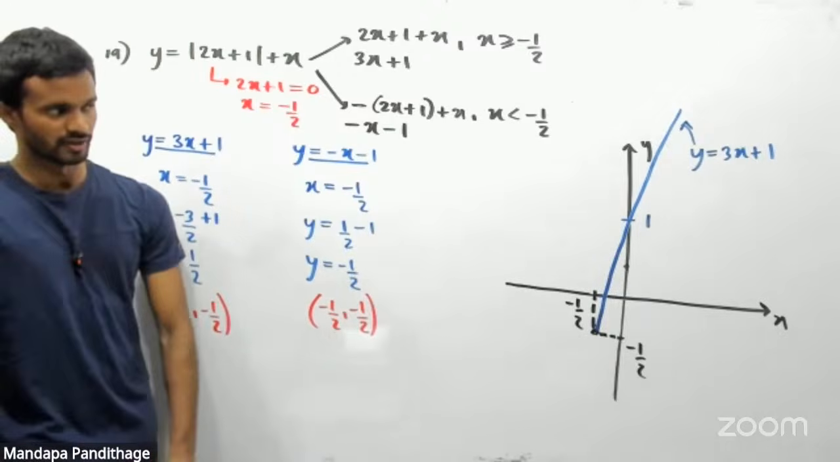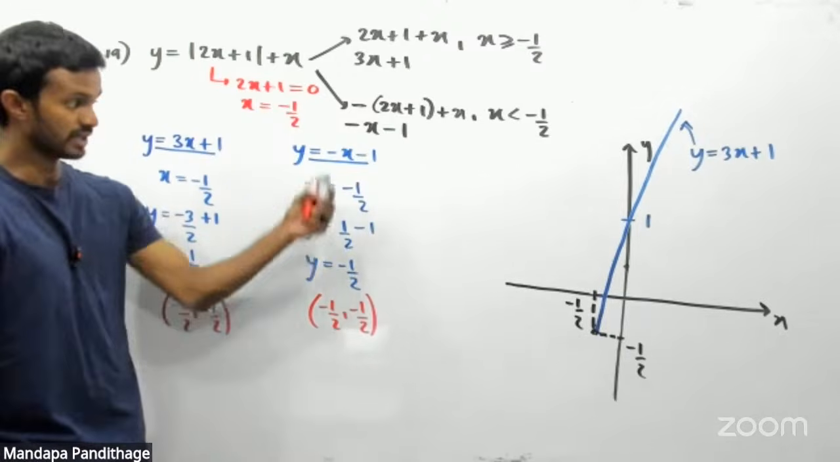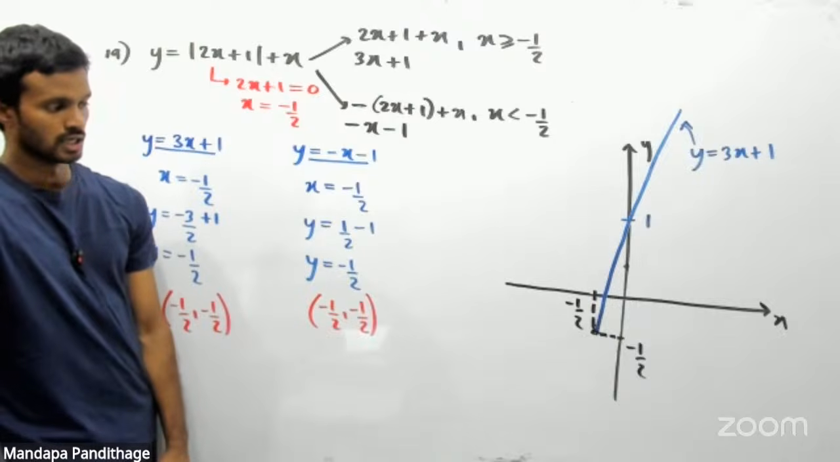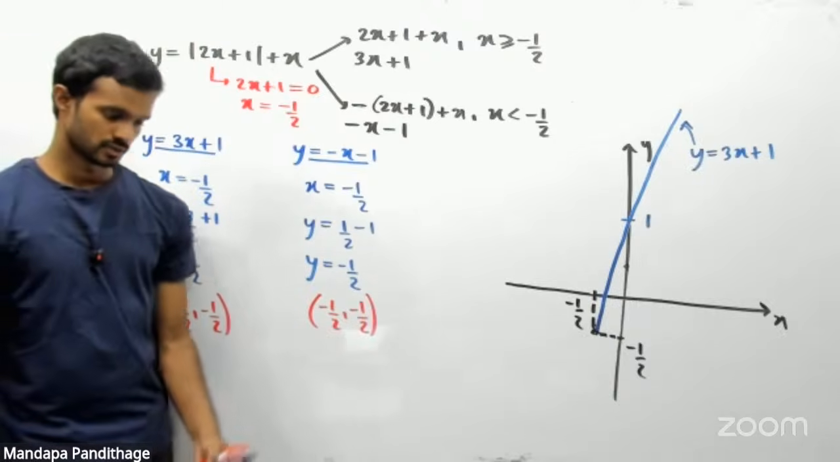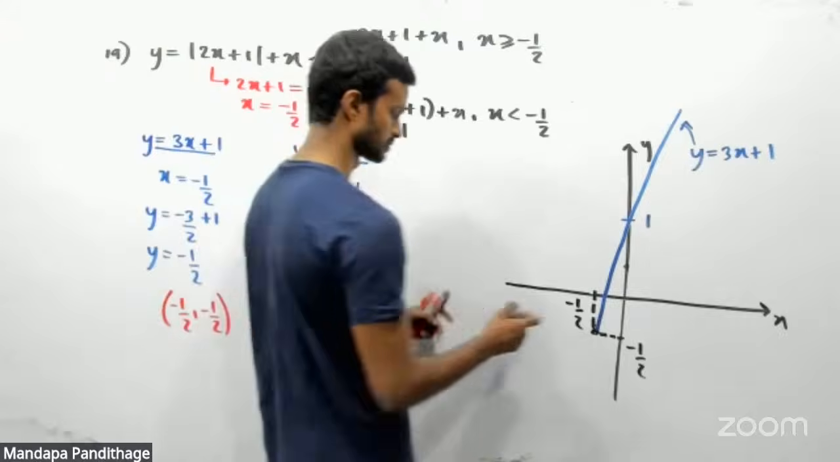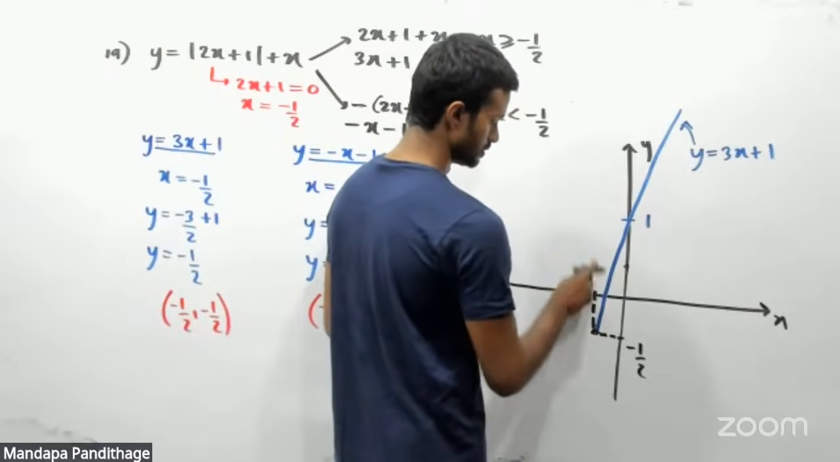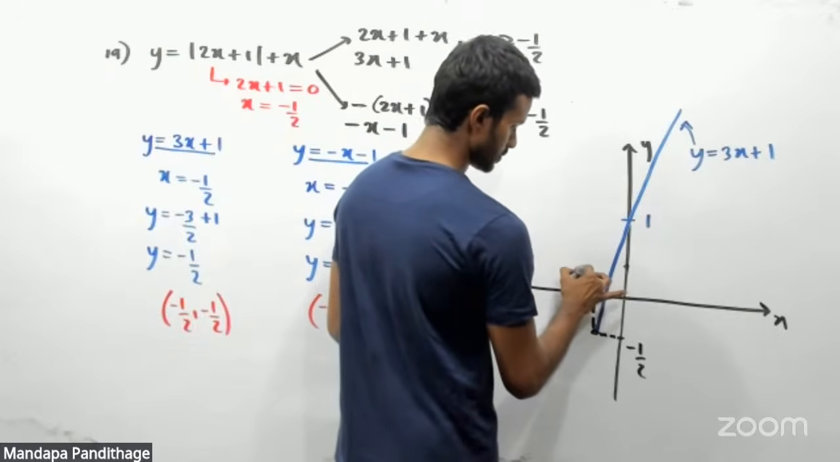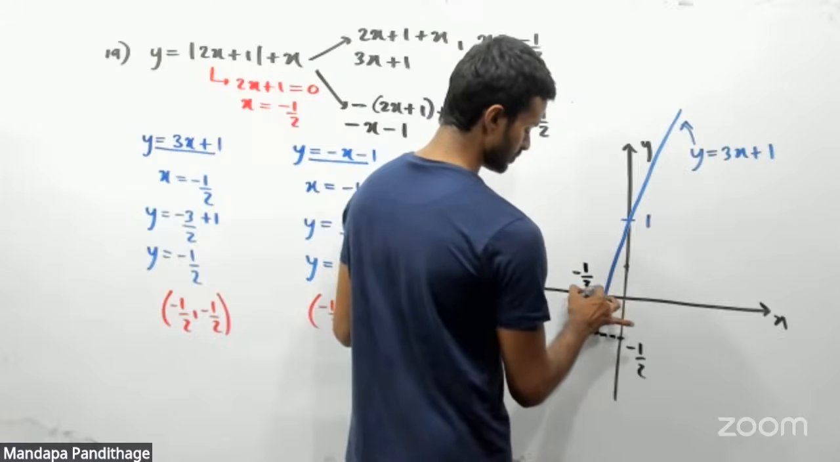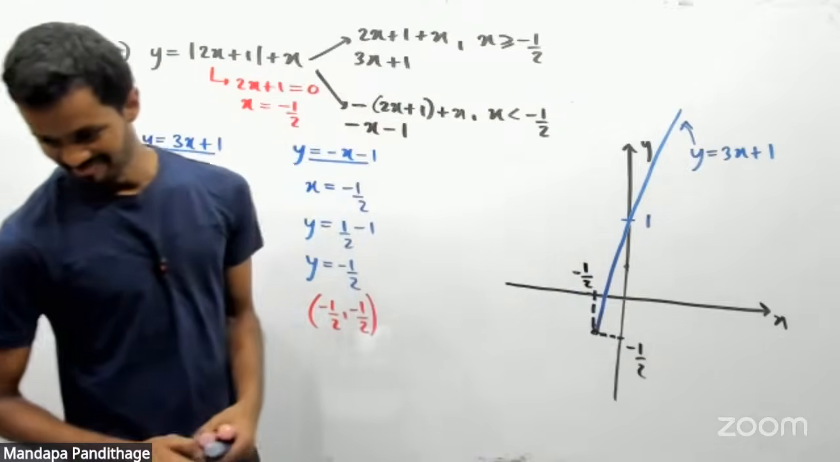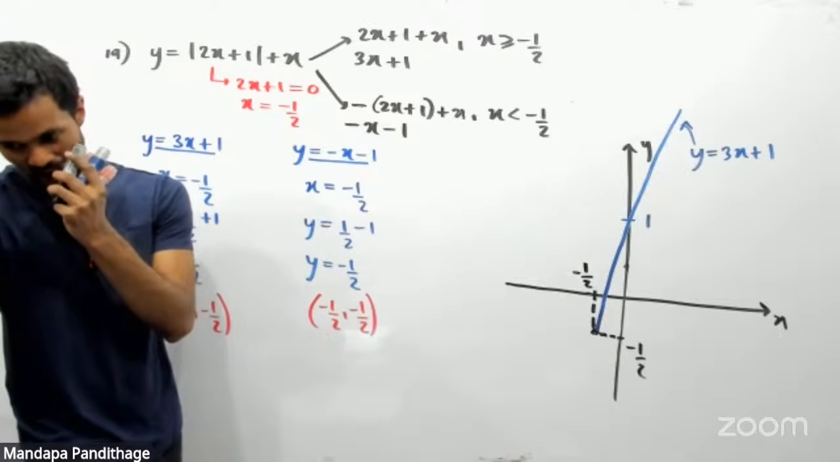Only one part is missing in here. So you have to draw y equals minus x minus 1. Okay, so when you draw y equals minus x minus 1,